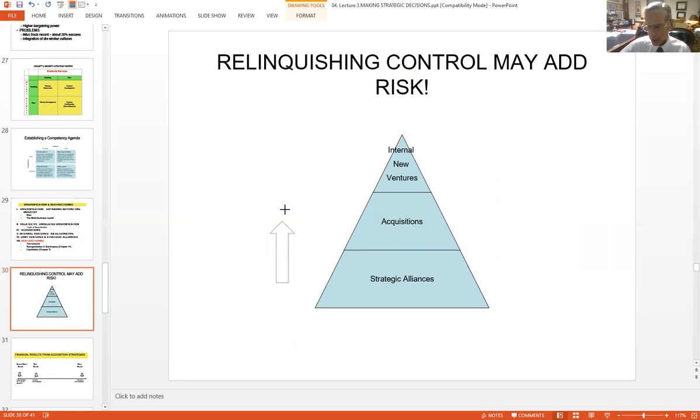So in this case, if we do internal new ventures, as opposed to alliances or acquisitions, we will have greater control, won't we? As it turns out, financial results of alliances are better than acquisitions, and we said that acquisitions are successful only a third of the time. So from the standpoint of risk,